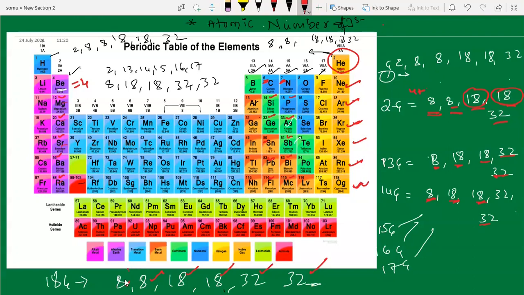I hope you understood this. So you practice it. You should remember these codes, the arrangement of the codes. You might have forgotten, so just learn this code by heart, and you should remember how to remember these elements. This much is enough. So you will get a strong idea of the periodic table. Thank you for the day, guys.